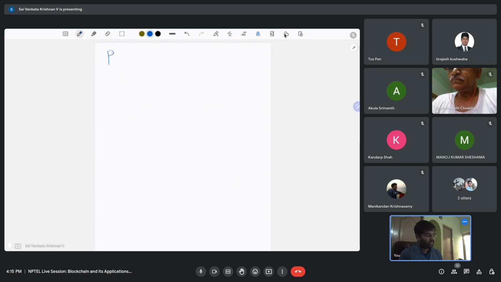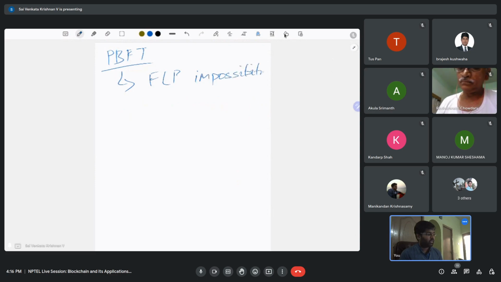So PBFT is practical Byzantine fault tolerance, right? Just a bit of background, many of you who attended my previous sessions would have known this. One thing is there is this FLP impossibility theorem, and what this FLP impossibility theorem states is, if you have an asynchronous network,